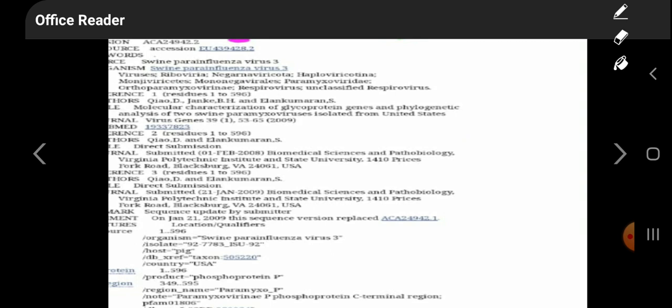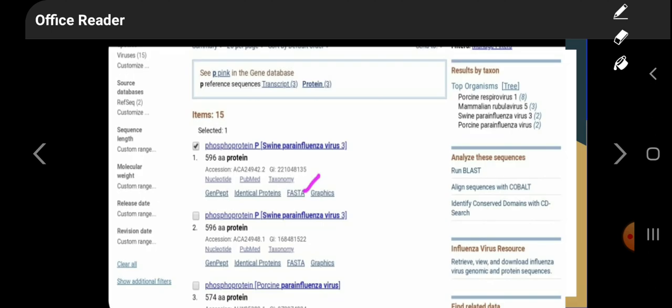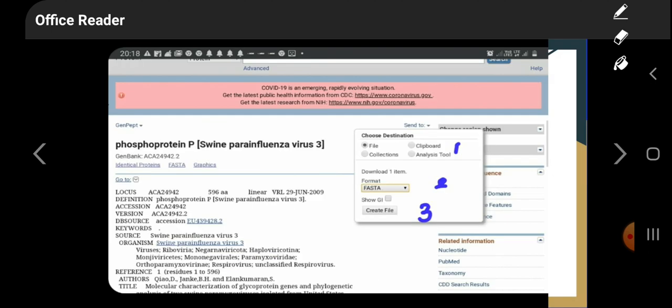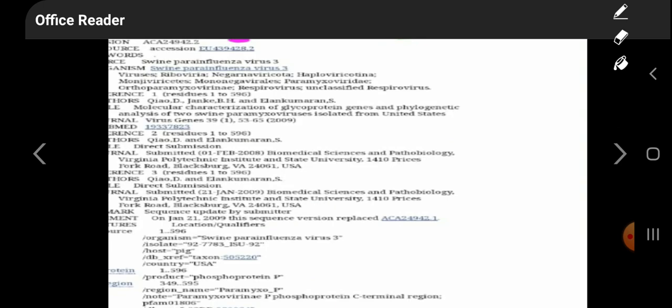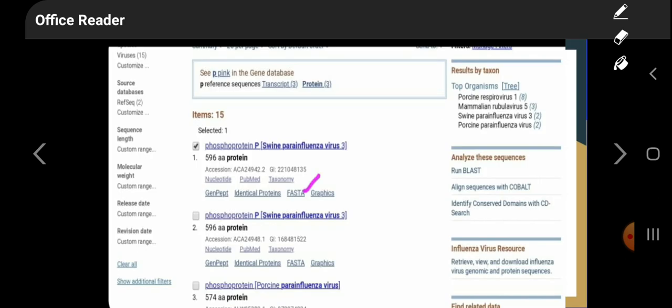These coding sequence regions are from region 1 to 596 because it is a protein. If we click on the nucleotide database, we might get some non-coding sequences also, but here that is not the case. Then to obtain the FASTA file, we have to click on the FASTA button.